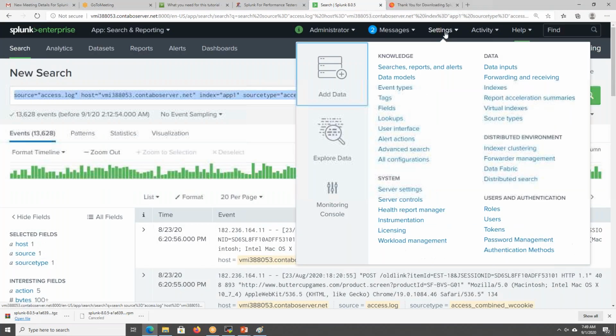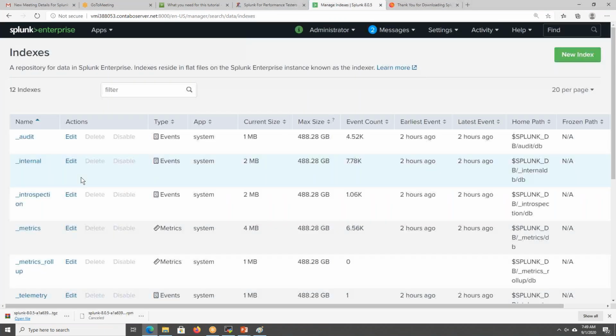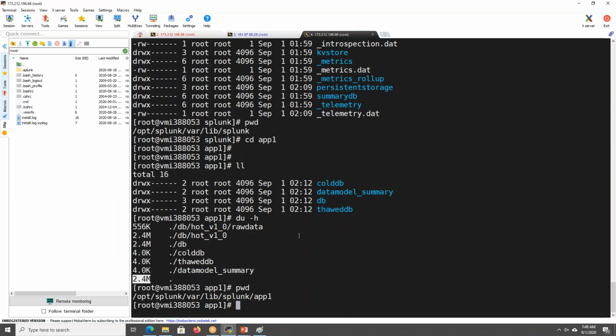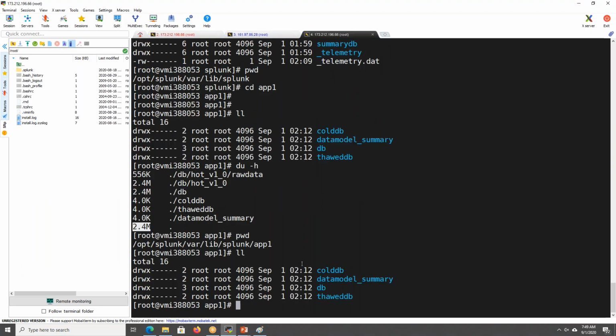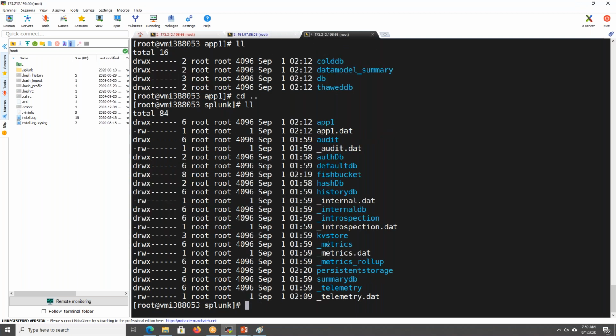Now, if I go to Settings and then to Indexes, here there is something called underscore audit, right? Audit, KV metrics, okay?